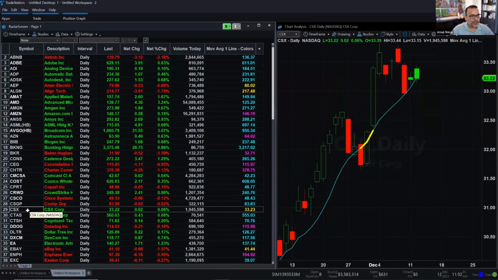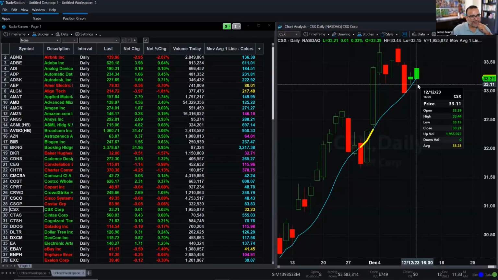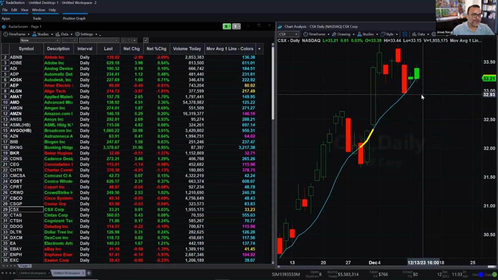CSX Corporation is also crossing right now as we speak. Well, not on this one. Well, the crossover is happening to the bottom side, so it is crossing. The current value of the average is 33.23, and the close is 33.21. So it's technically crossing right now. It's interesting that you can identify those crossovers in real time, but it doesn't tell you which direction the